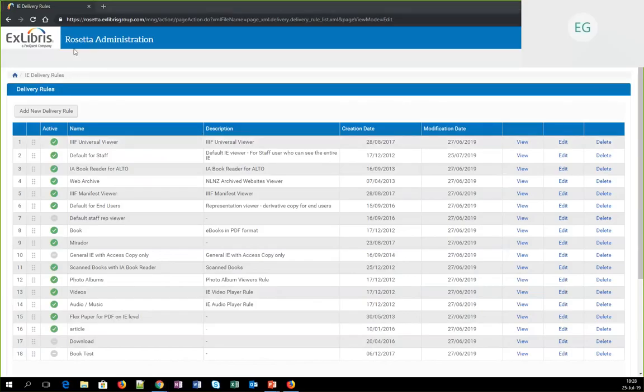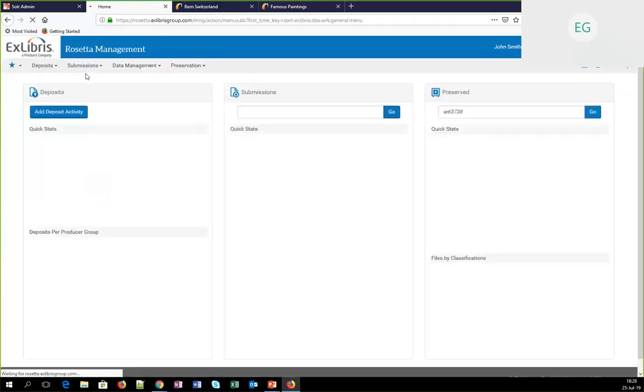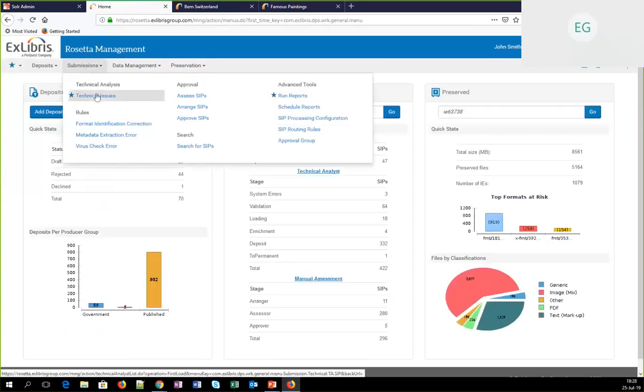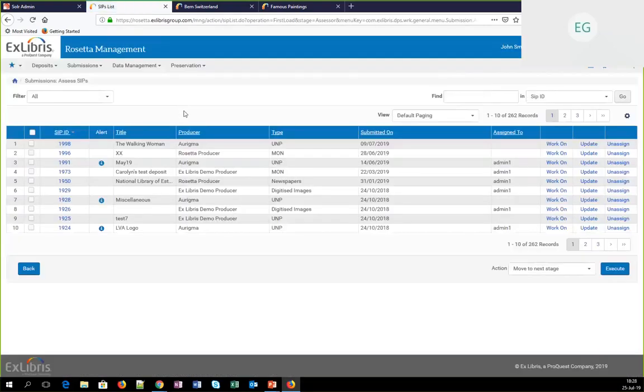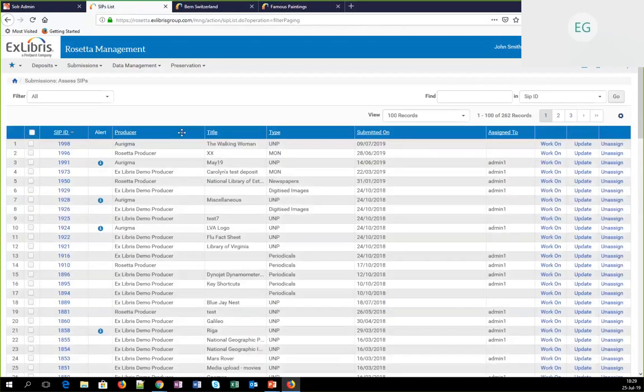And if you go into the Workbench, we have many elements which, again, depend on the specific technical analyst who is working on that table, which elements are of more interest to him or her, and they can be changed, and the changes will be saved cross-session. So, for example, there's a default paging, but one technical analyst might prefer to have 100 records and have a broader view of all the areas in the system. And the sorting, for example, if we could take the producer and change the columns, move the producer to be before the title if that's specific information which is more interesting for one of the technical analysts, and the sorting can be changed. And all of this